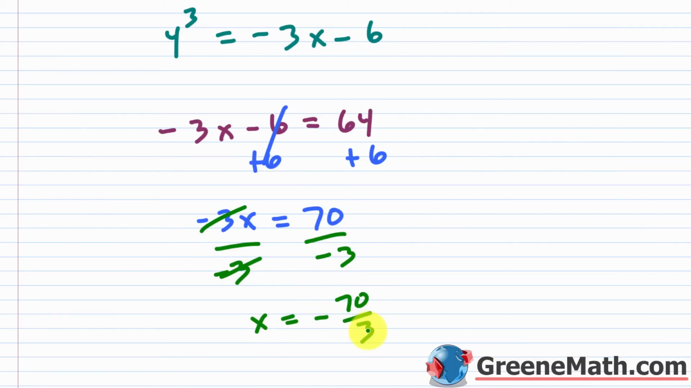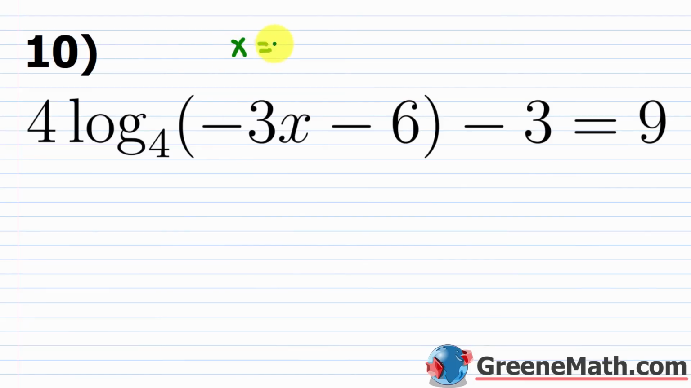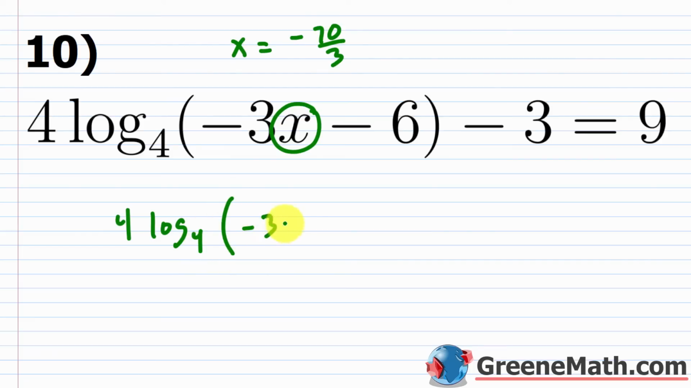Now 3 is a prime number and 70 is going to be 7 times 5 times 2. So there's really not anything you can do to simplify there. So this is your answer. All right, so we found that x was equal to negative 70 thirds. Let's plug that in for x right there and make sure that we get a true statement. So we have 4 log base 4 of negative 3 times negative 70 over 3, and then minus 6,